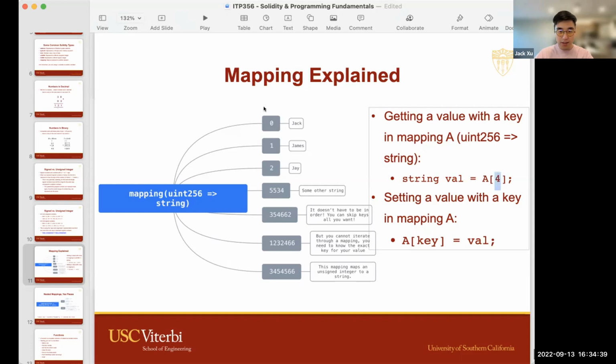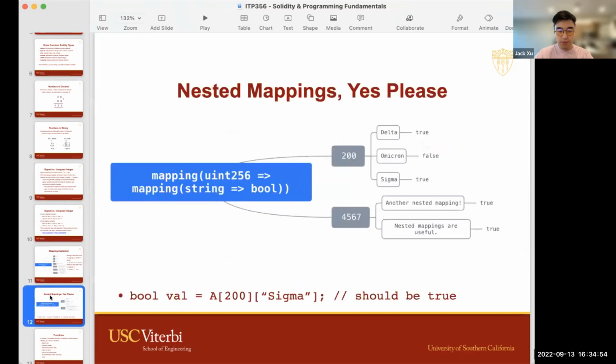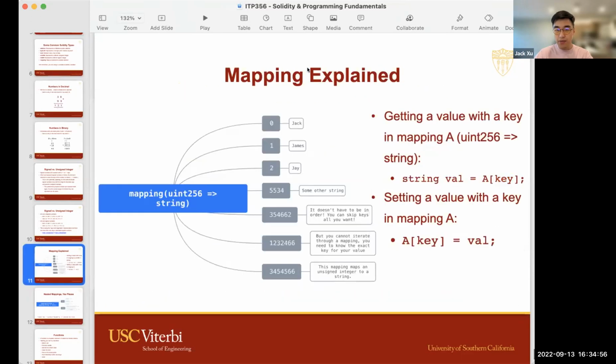As long as we have not set anything here, it will be the default value for the type. So in this case, it will be an empty string. And this is how it's different from dynamically allocated arrays, as Jacob was asking earlier.